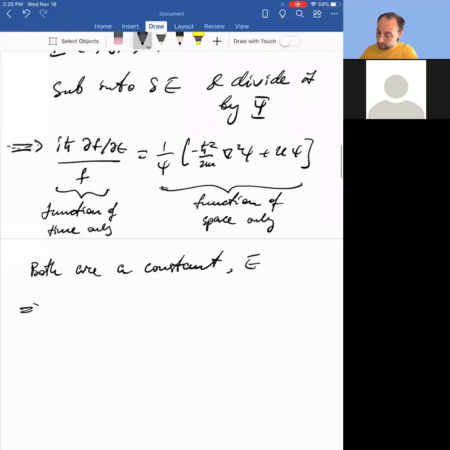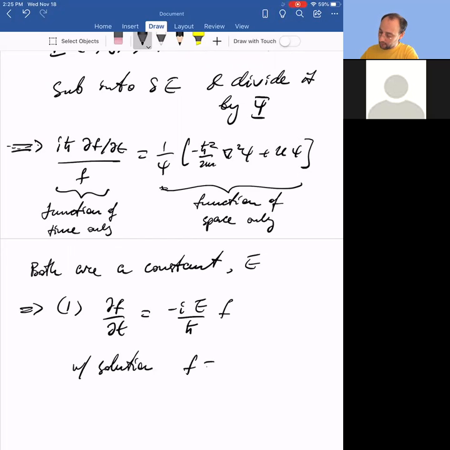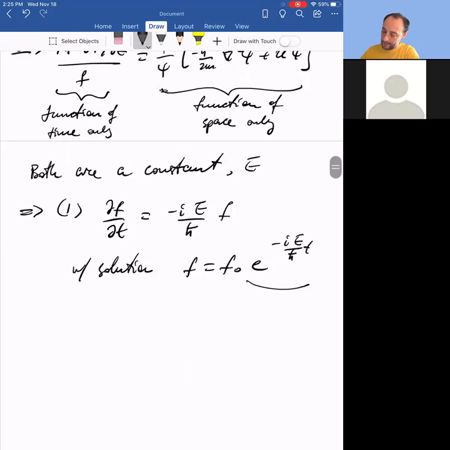And so we end up with a pair of equations, one for the temporal part, which is very simple, with a solution f equals some initial value. That's where these temporal coefficients come from. And a separate equation for the spatial part of the wave function,